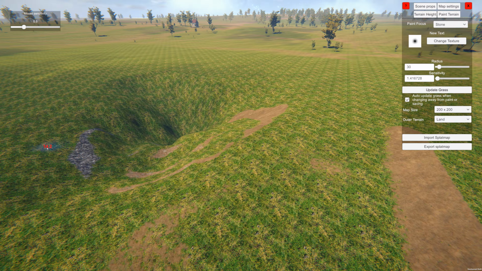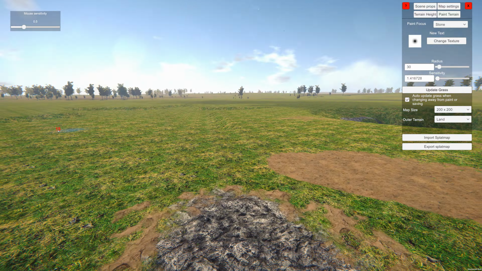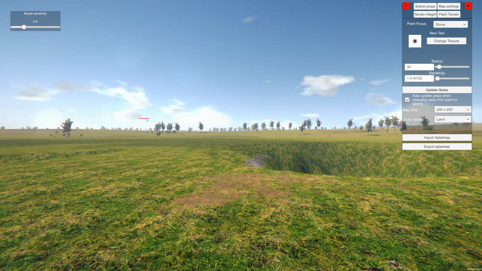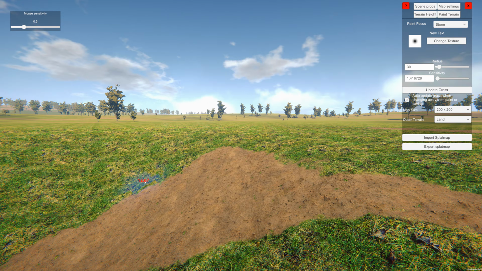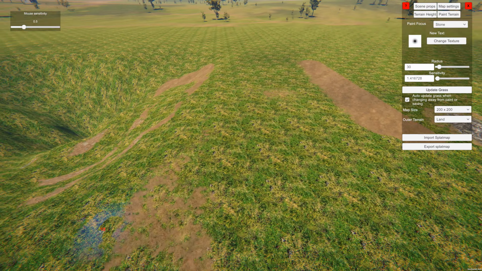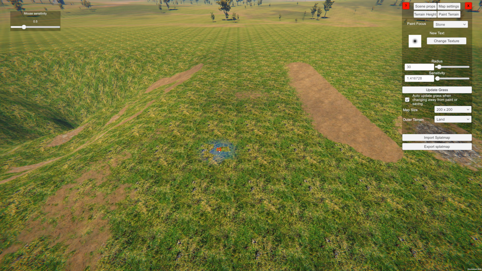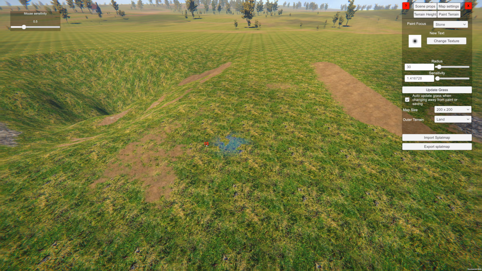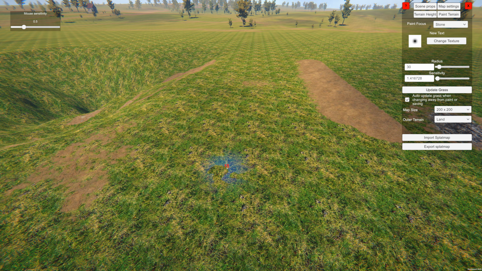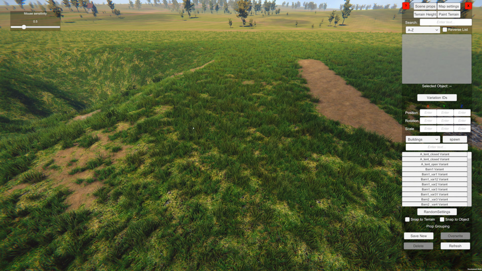Now, when it comes to grasses, in a lot of tools, like in the Unity editor, you have to paint all the grass manually. And we thought that's really cumbersome, it's going to take a long time, and it's never going to be really accurate to what the terrain textures actually are. So we decided to make it so that after you're done painting the terrain, you can press the update grass button. You can press yes to update the grass, and you'll see there's nothing here, right? No 3D grass. That's because we don't show the grass when you're painting terrain, because it would obstruct your terrain textures, of course. But if you go to the Scene Props tab, it will take a second, and then